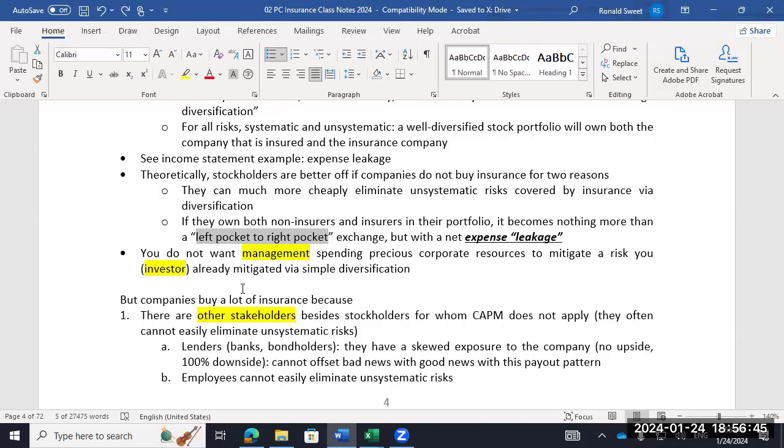Uh-huh. And then, I'm just going to ask, what is a left pocket and a right pocket? Yeah, I have this problem. I'll use sayings that we used in my childhood. Once a student in my class asked, what's a poster child? You don't know what a poster child is?